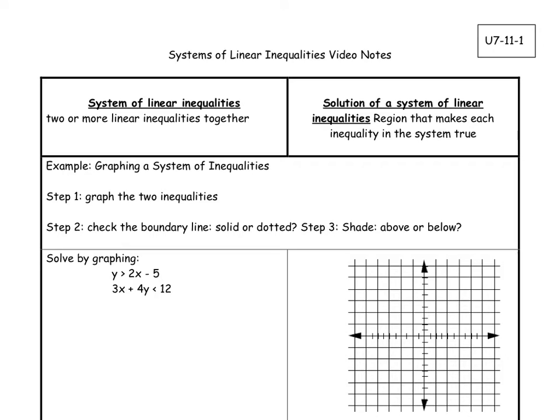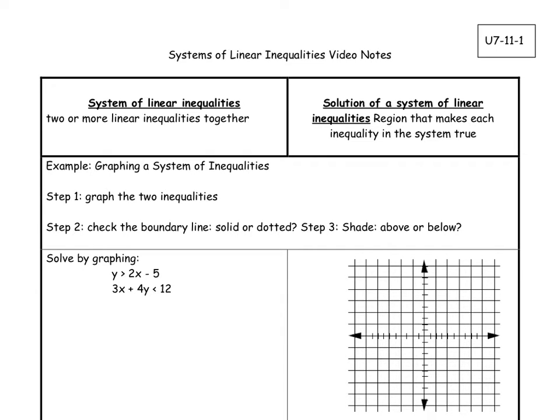So in a system of linear equations, we had three possible solutions. They intersected. That gave us just one solution. There was only one point that worked in both equations. Or they did not intersect. They were parallel. Or they were the same line. So most of the time we were looking for a point of intersection. With a system of linear inequalities, we're going to have many points of intersection. And that double shaded area, we'll see that in just a second, is the solution set to our system of